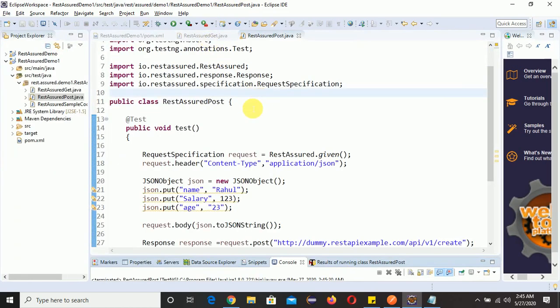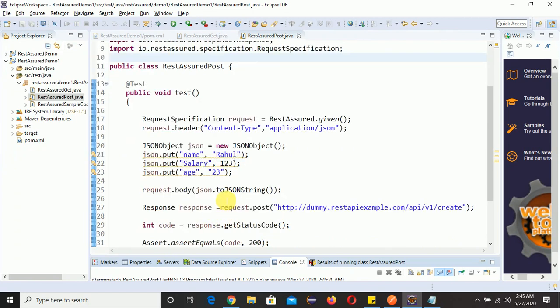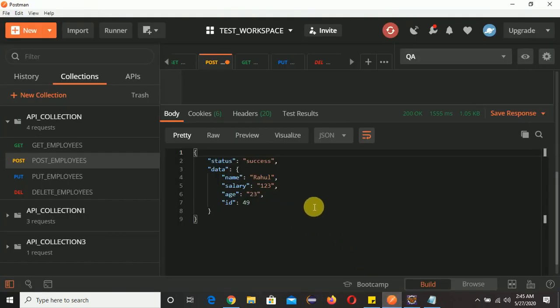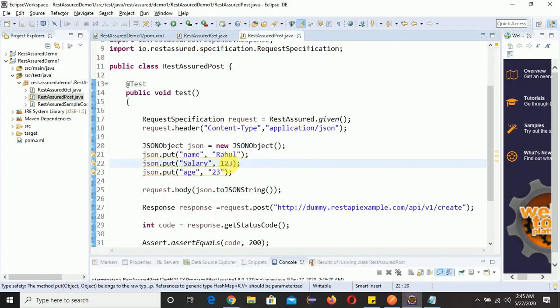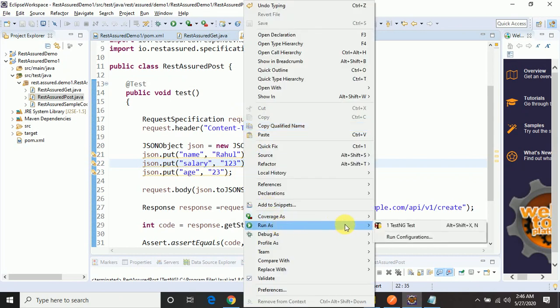I don't know why. Salary is coming as null here. We can go here. Okay, our salary, see, it is in small letter, but we are giving here capital, so let me give small only, in double quotes, and we'll run once again.